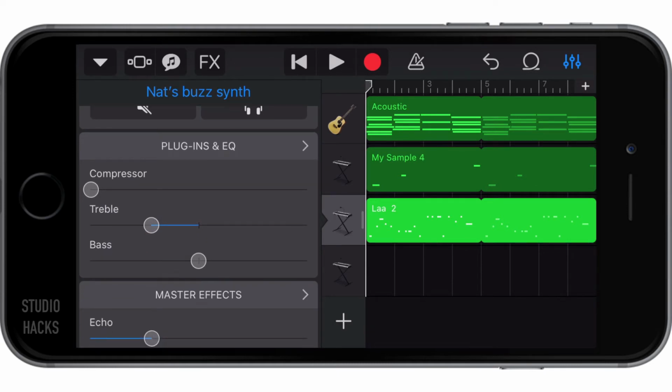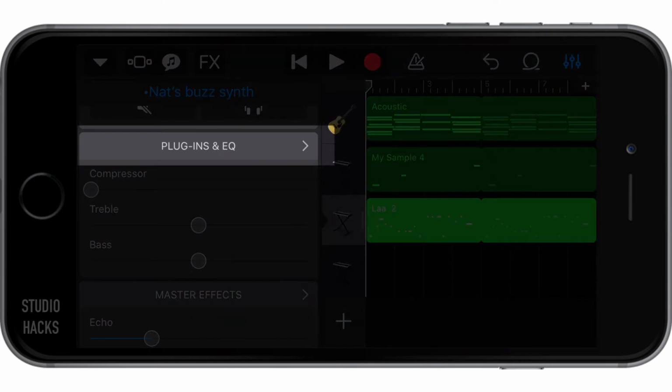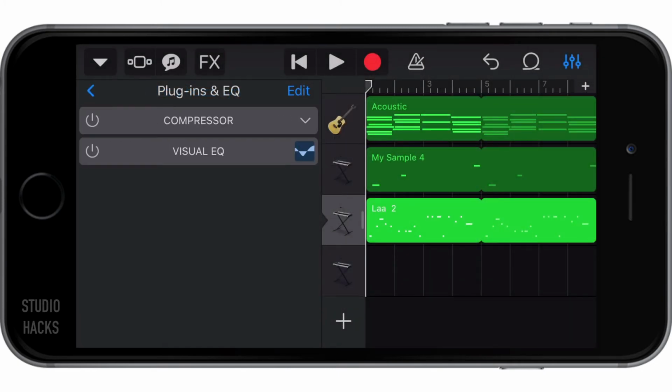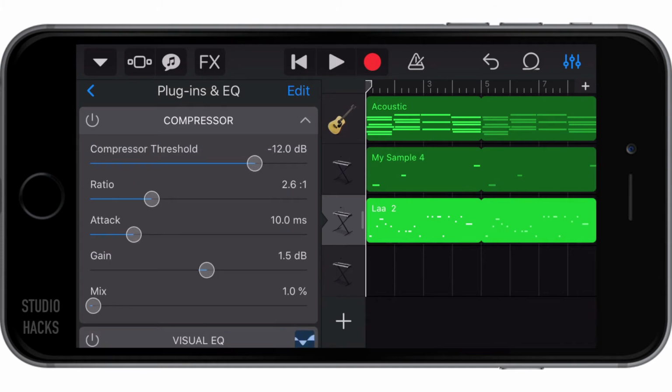This is a macro view of the compressor and the equalizer. So up the top, we can give more compression or less compression. And then down the bottom, we have a very rudimentary equalizer. More treble, less treble, more bass, less bass. But these are actually macro controls, and we can fine tune the settings by clicking the plugins and EQ menu item. At the top, we have the compressor,